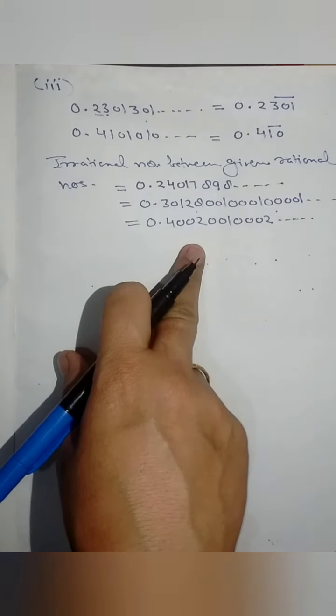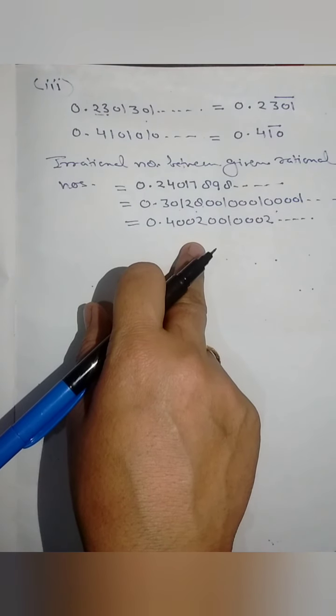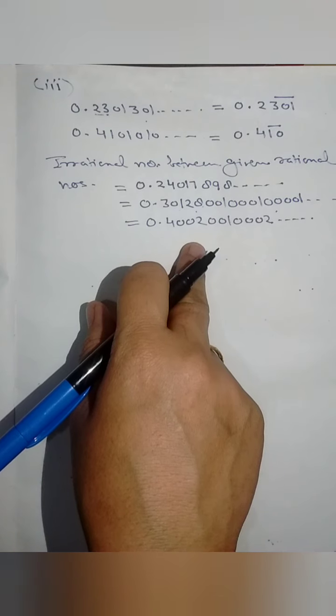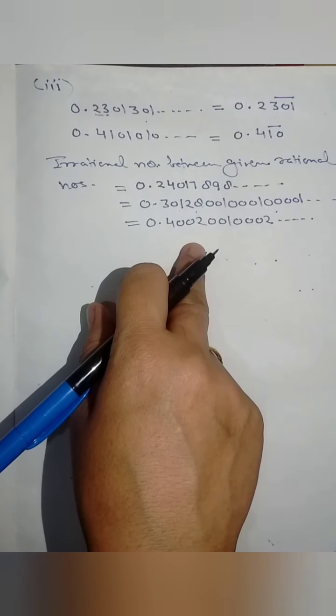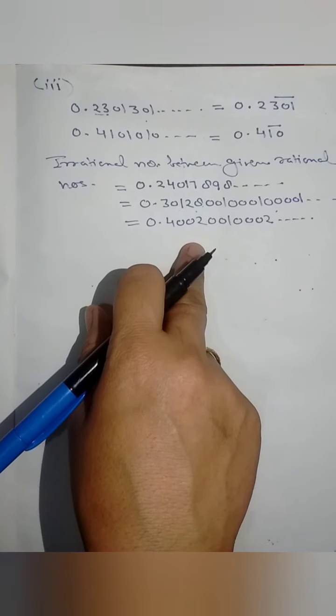So these are the methods to find rational numbers in the form of p by q form, or rational numbers in the form of